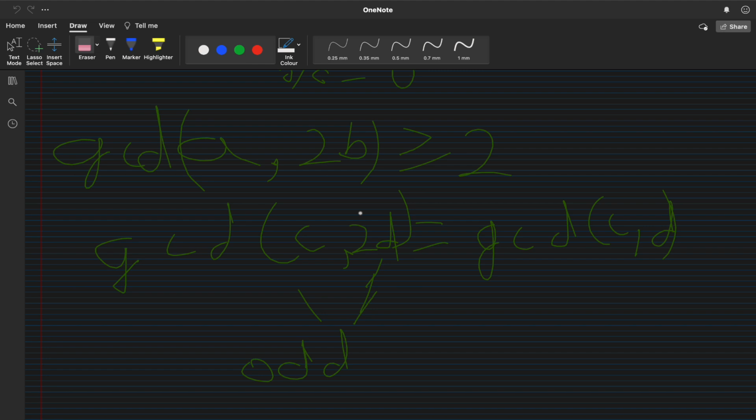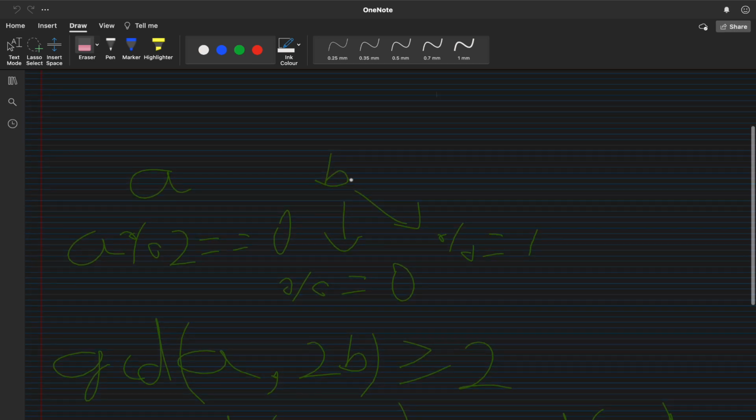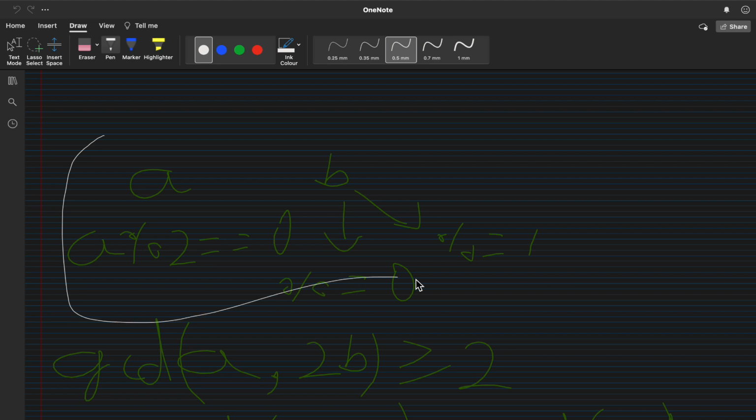Although it is a factor of 2d, it will never be a factor of c, so the GCD will never include 2. So we have GCD of c, 2d equal to GCD of c, d. So with the condition where a mod 2 is 0, that is the first number is even, the second number does not matter, we always have the case that this pair is a good pair.